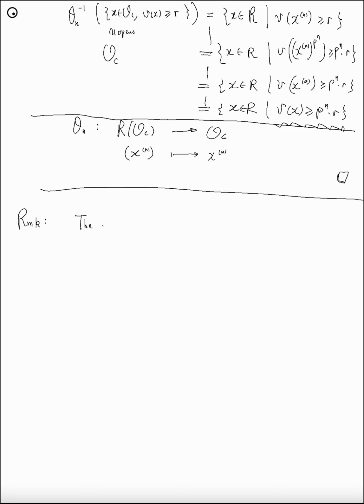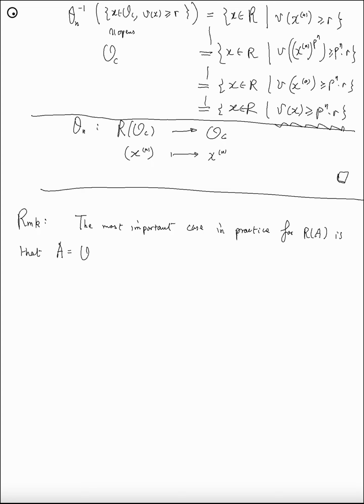So the most important case in practice for R of A is that